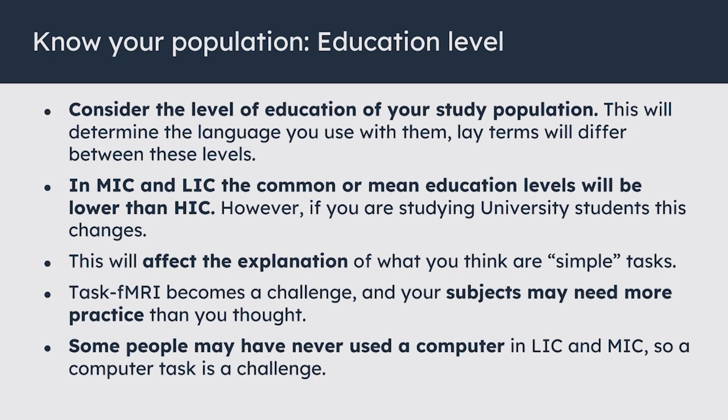For example, if you're acquiring several types of population with different educational levels, you need to be aware of how to talk to them. In my case, sometimes the median level of education is around secondary school, so I have to really talk to that level and explain everything in that sense, because they won't tell you if they didn't understand something. They usually don't tell us, which is important to know, because they need to know everything. And this will affect the explanation of simple tasks.